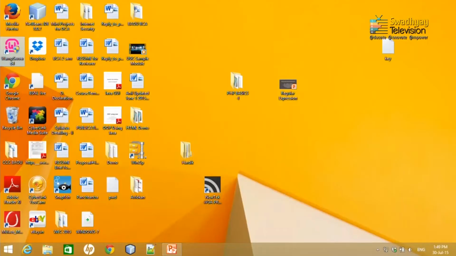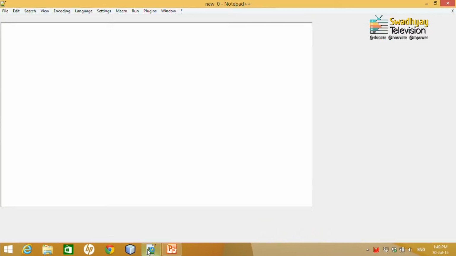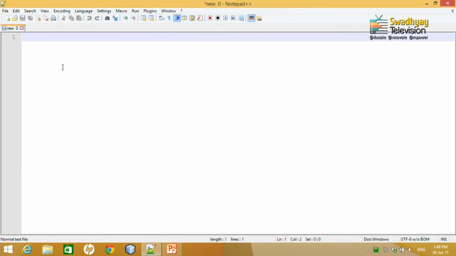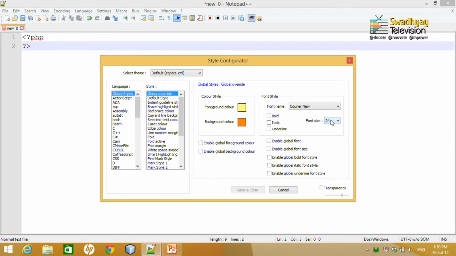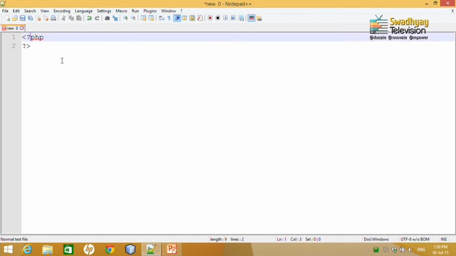So first let me start my WAMP server. After starting my WAMP server, let me open my Notepad++ editor and type my PHP code. As usual, I will increase the font size. So it is 24, so I think it is okay. It is readable.